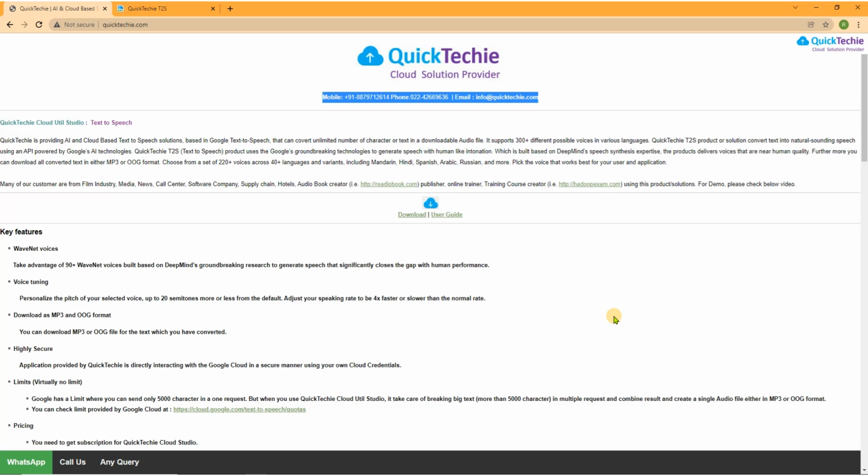Once the one-time setup is done, then you don't have to do anything after that, unless you reinstall your software or something similar, then it may require this again, but this is a very simple setup. So thank you, and I hope this helps you do the setup of this QuickTechie text to speech solution on your Windows operating system. Thank you. I'm stopping now.